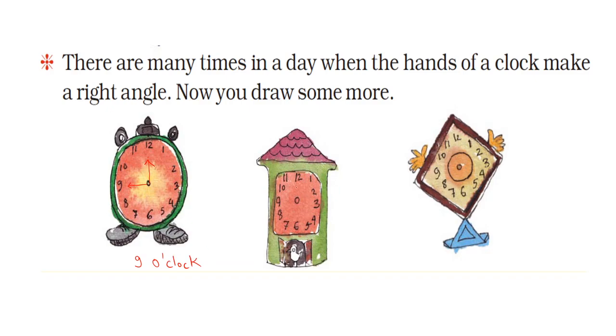Here I am going to make 3 o'clock. Your minute hand will be at 12 and the smaller hand will be at 3. So this one will be your 3 o'clock. And here I am going to make 10:05. So it will be again your right angle. So in this way you all can draw. Moving to the next page.